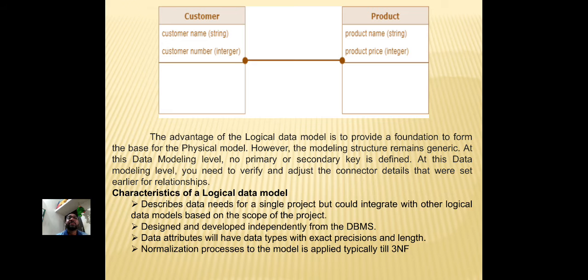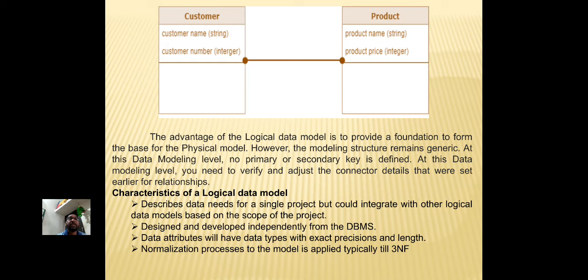Here we show the picture of customer and product. Customer name is a string, customer number is an integer, and for product, product name is a string and product price is an integer. The advantage of the logical data model is to provide a foundation to form the base for the physical model.